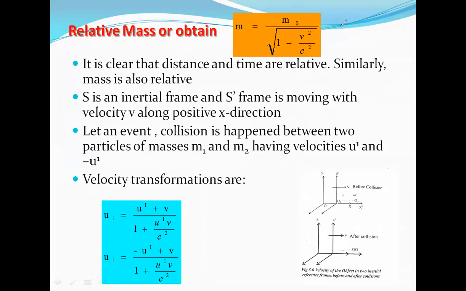So we have been working out that x is a relative concept, t is a relative concept, and mass is also a relative concept. These three quantities are not constant in both frames, they are relative. We have got the Lorentz equation for x and for t, and now we are going to get the equation for m, which is m is equal to m naught by root of 1 minus v square by c square. We have to prove this. Sometimes they ask this question for 12 marks or 15 marks. So how do we prove it?